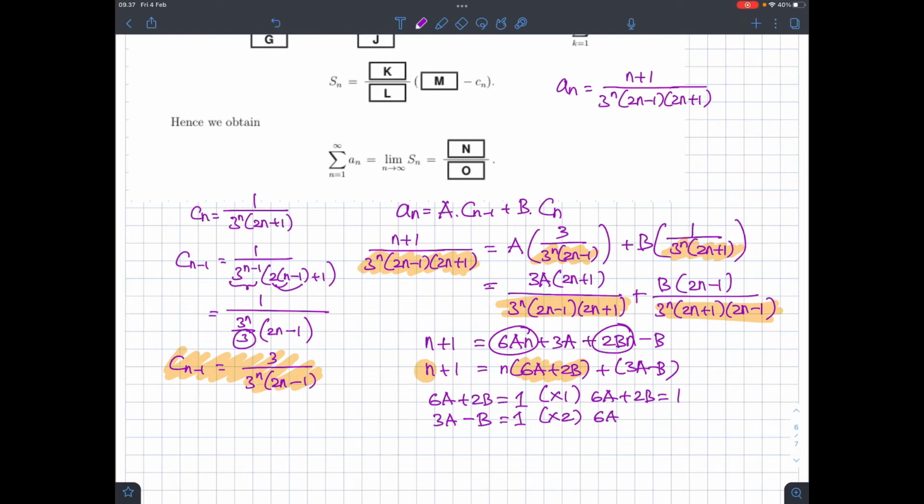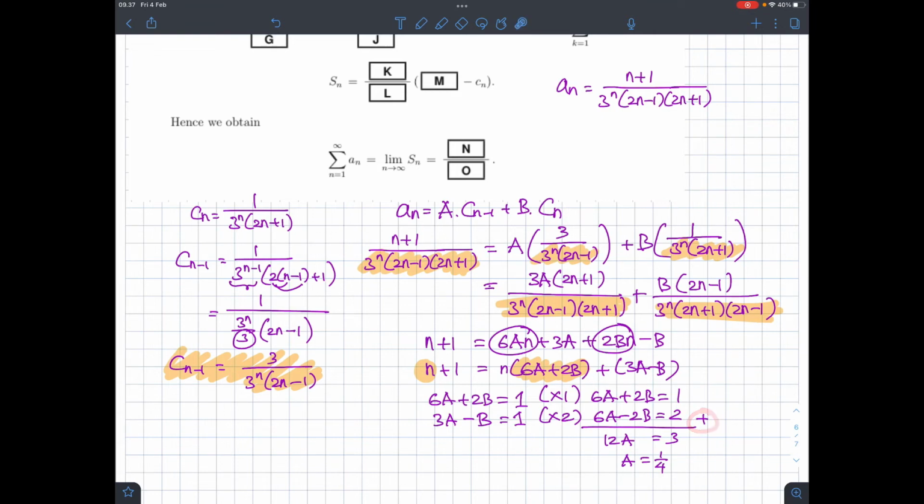Okay, this is times by 2, yeah. You just plus, this is 12a equals 3. So we got a equal 3 over 12 is 1/4, yeah. And what if we